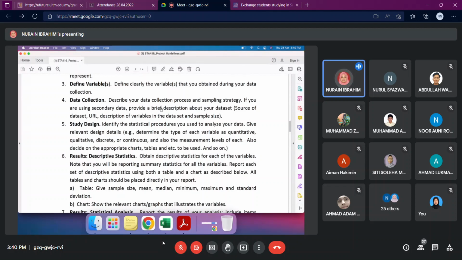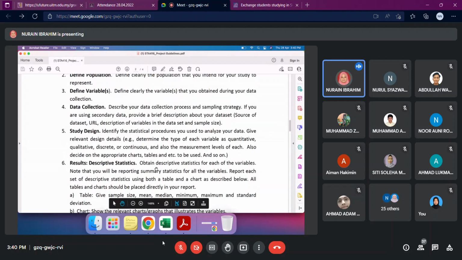And then give relevant design details, okay, which is determine the type of each variable as quantitative ke, qualitative ke, and then discrete ataupun continuous, and also the measurement levels of each variable. Okay, so sekarang ni I nak tunjuk sekali lah. I tunjukkan sekali how to